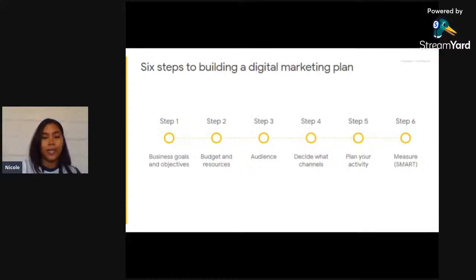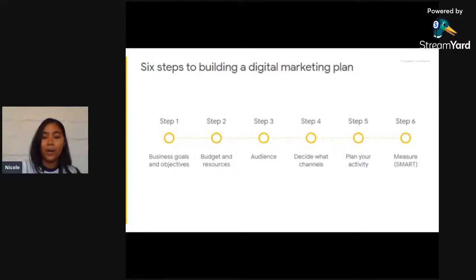The first step is business goals and objectives. The second step is budget and resources. The third step is audience. Step 4, you need to decide what channels to use.